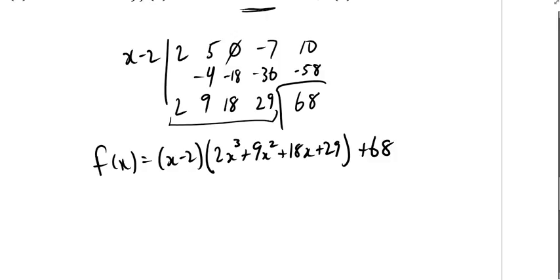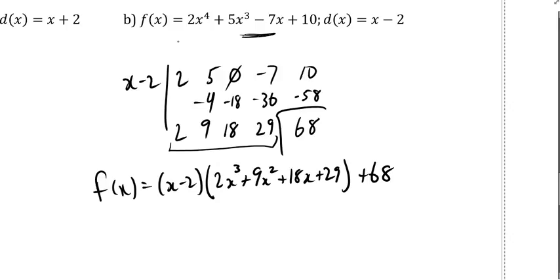Yes? So this started with a degree 4. So my result is going to be typically 1 less. Not always. If I was dividing by x squared, then it's going to be less. But you could work backwards. So this is going to be my constant. So there's my x term, x squared, x cubed. Like it'll always end with that constant. So you could work backwards. If there's 4 coefficients like that,